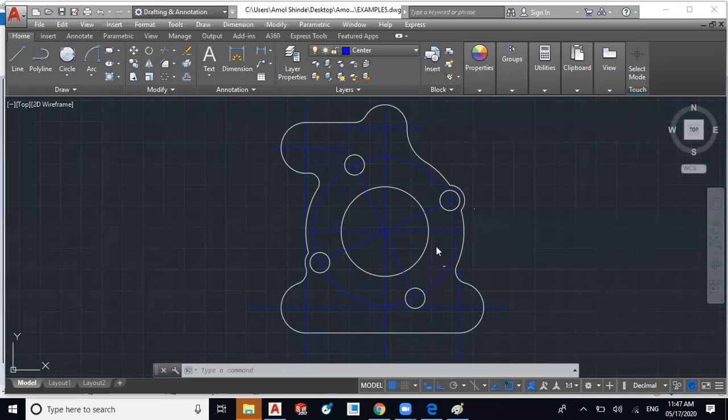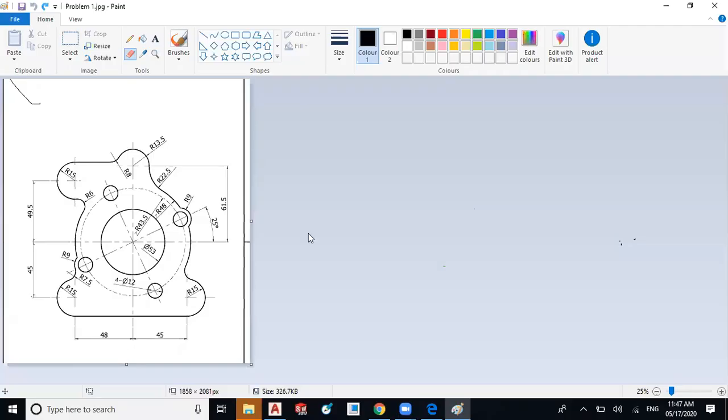We have used offset to draw the offsetting lines, center lines. And you can take a photo of this, because this drawing is not included in our study material, so you can take a photograph.